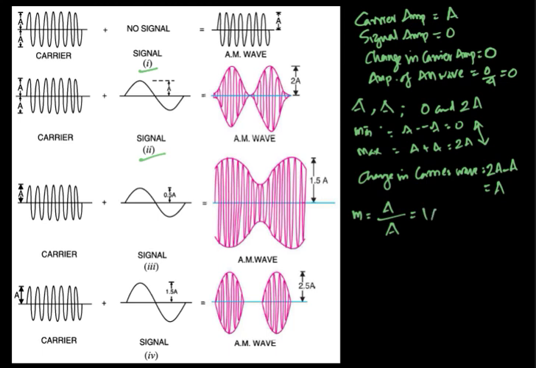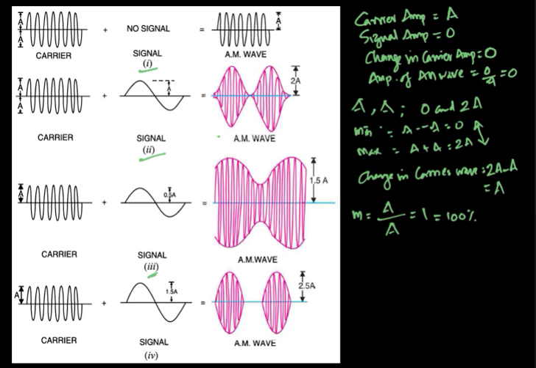So this m equal to 1 means it is equal to 100%. That diagram is given here. The amplitude of the amplitude modulated wave varies like this. Here the modulation factor is 100%. Now if you consider this third diagram,